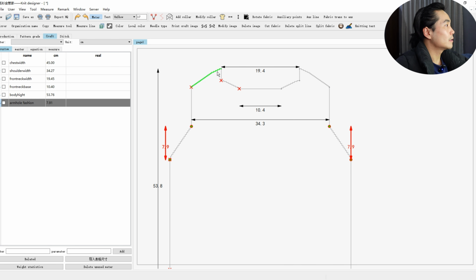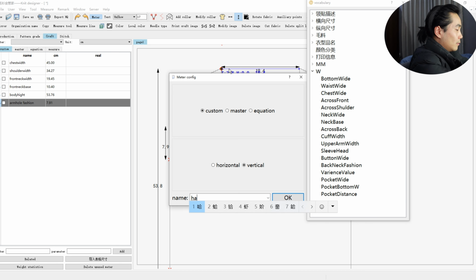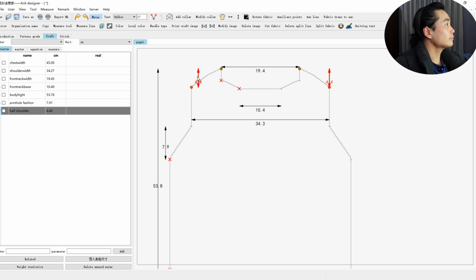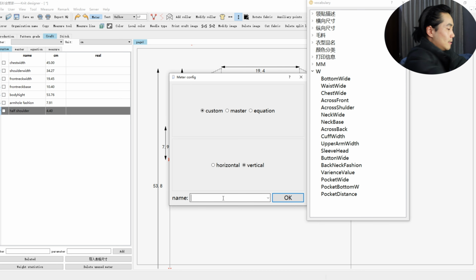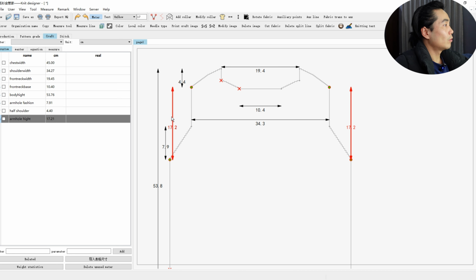And the next place is here. It's called half shoulder. Half shoulder. Press OK. And another part is from here to here. It's called armhole height. Armhole height. And in general, the customer will not give you the size of the armhole height because